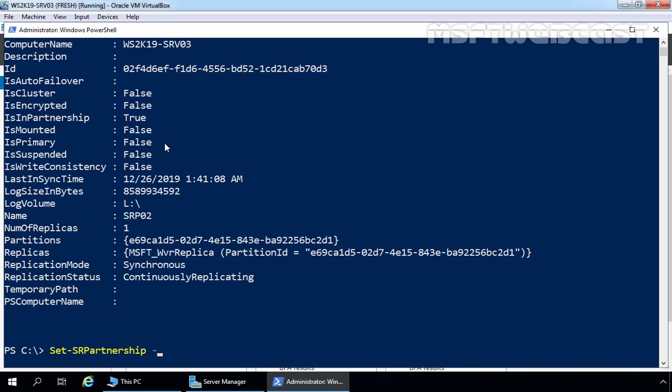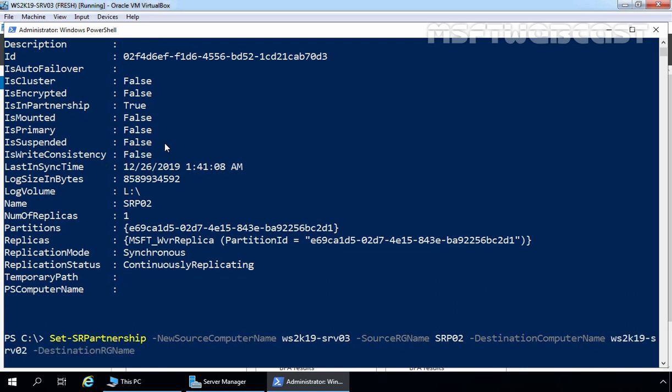Then we need to specify additional switch -NewSourceComputerName, which will be WS2K19-SRv03 in our case. -SourceRGName, which will be SRp02, which is the name of our storage replica partnership. Then -DestinationComputerName, which will be WS2K19-SRv02 in our case. -DestinationRGName, which will be SRp01. In my case, this is the name of storage replication partnership on our SRv02 server.